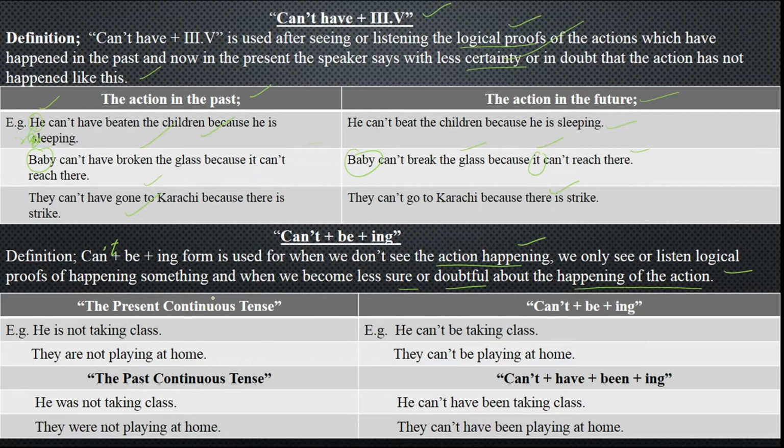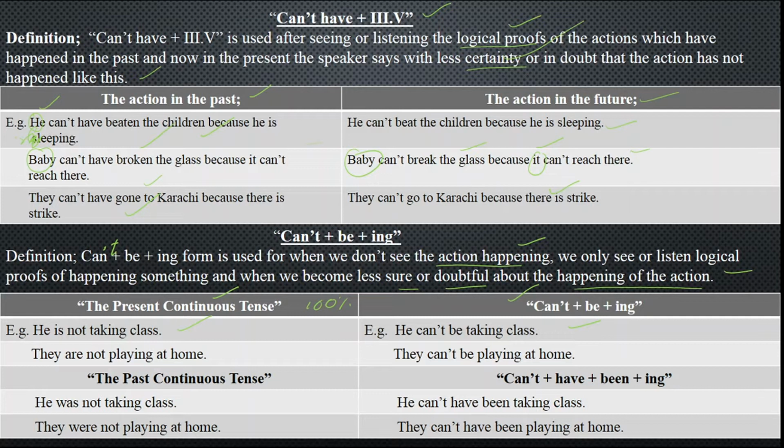It can be used in the sense of present continuous, and over there can't be plus ing form will not give the same sense. In present continuous tense you are sure about the action, but in can't be plus ing form you are not sure. He is not taking class. Now it is sure he is not taking. 100% you are sure about it that he is not taking class. He can't be taking class. Now over there you have less surety about this sentence,